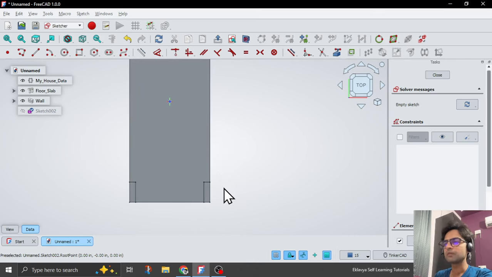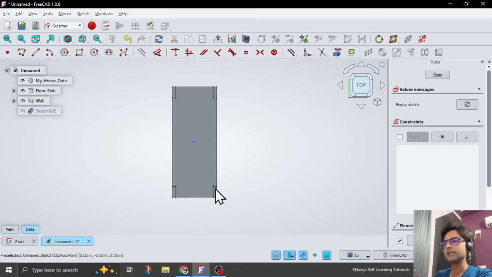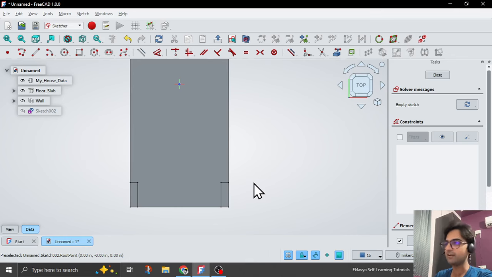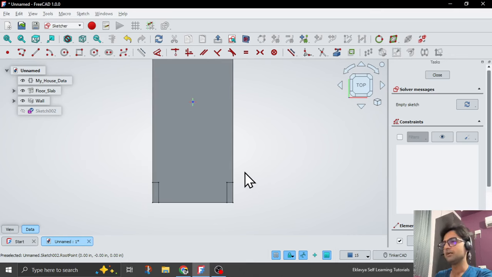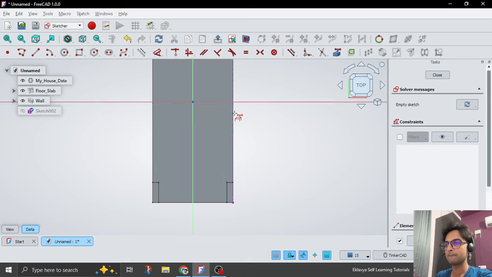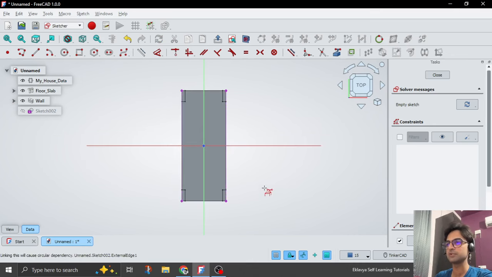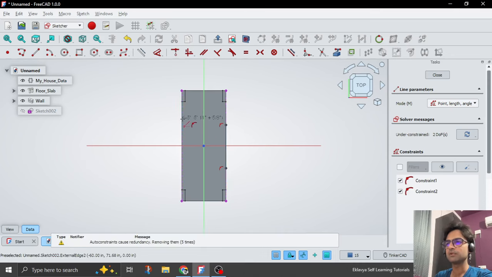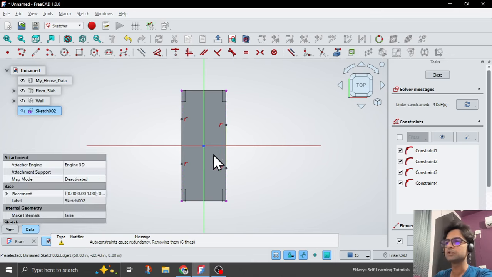So one thing here is either I can fetch these lines, or as I anyways have the length of the curtain walls, what I will do is I'll click on this external geometry, and then this one, because two sides it has to be equal. Click on line, it starts from here to here just randomly, and then from here to here. Okay, make sure these lines are equal,